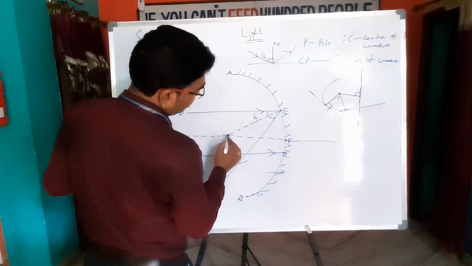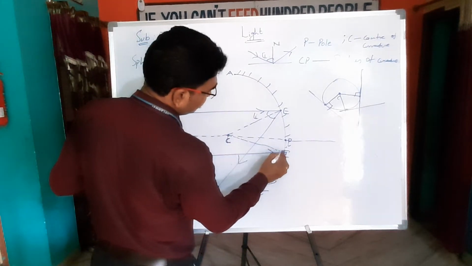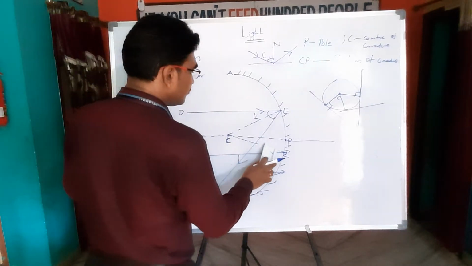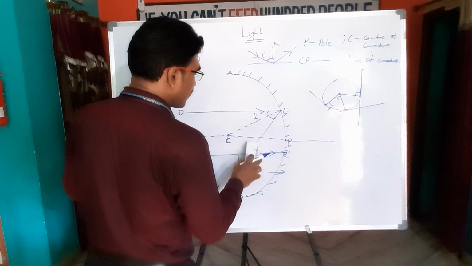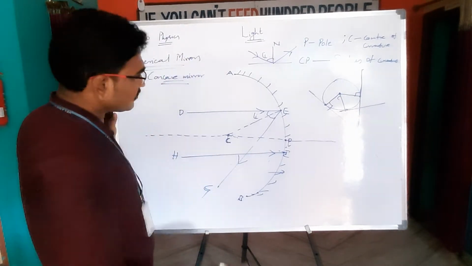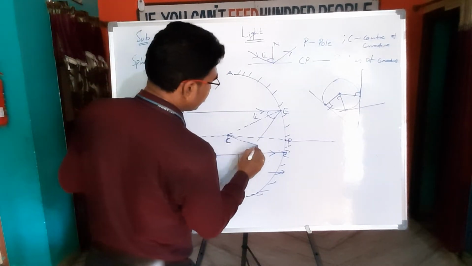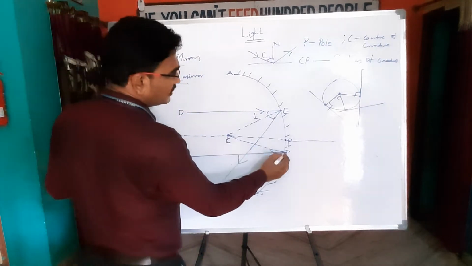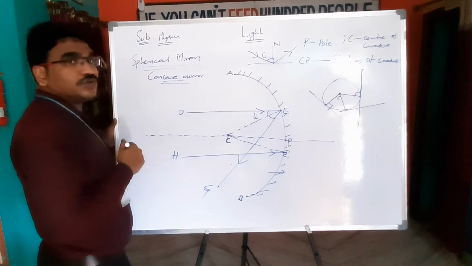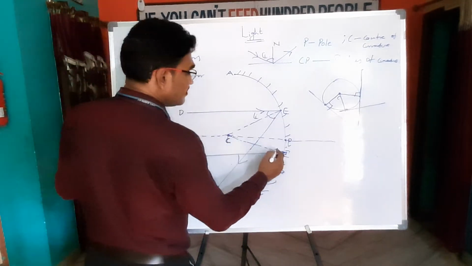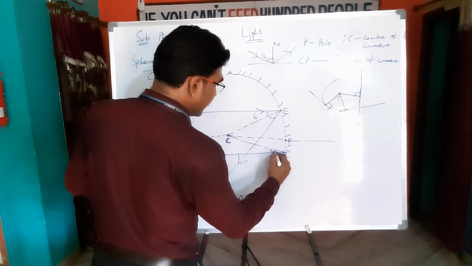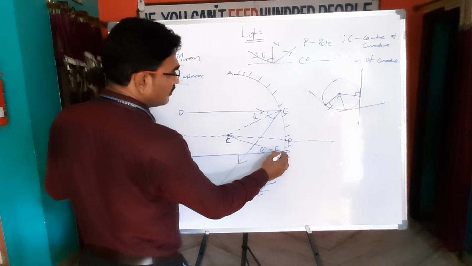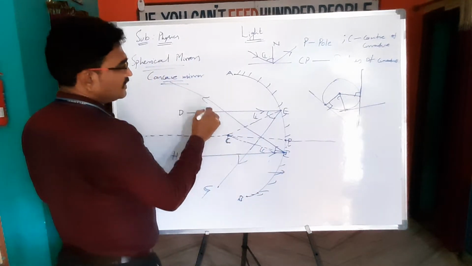Again same, from the center. Again a line is drawn from the center to this point of incidence. Then that line is going to become the normal. If it is normal, then this is the incident ray. The angle between the normal and the incident ray, again, is the angle of incidence. Then I will take this side. So this is the reflected ray.